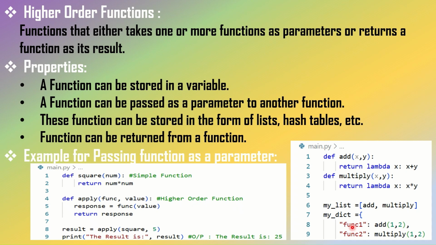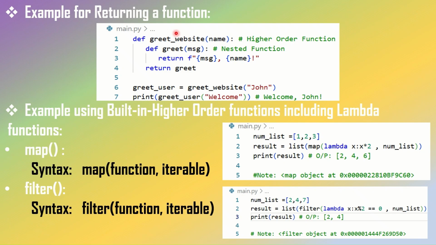Now let's see an example for returning a function. Higher order functions either take a function as a parameter or return a function as their result. Now let's see how the higher order function is returning a function as a result. Here in this example, I have defined one function named greet_website, which takes one parameter called name. Inside this function, I declared another function named greet. This function takes message as its parameter, and inside this greet function, I was returning finally